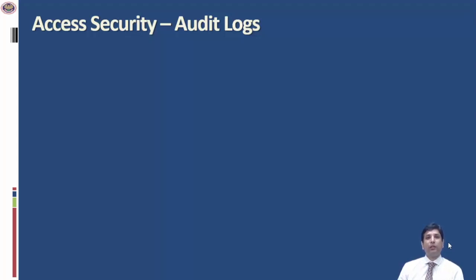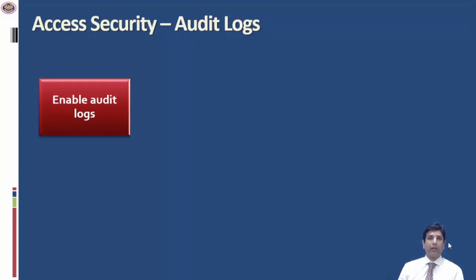So as auditors, we need to ensure that this optional feature has been switched on at the time of implementation of the ERP or the particular IT system. So that is the way in which audit logs need to be enabled. In the newer systems, the audit logs come enabled by default. So we need to understand which system has audit log enabled by default and which system needs the audit log to be optionally enabled.